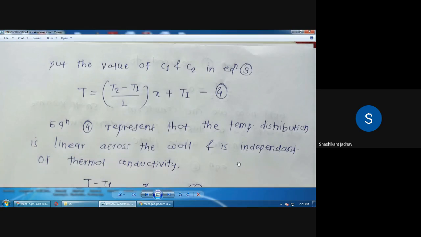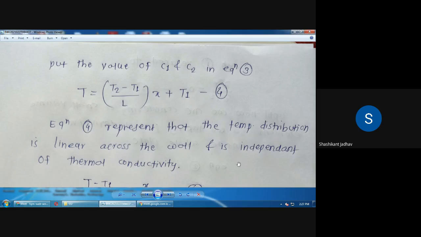Okay, so this is the temperature at any point in that particular plane wall. Suppose we have to calculate the temperature at a distance of 10 meters from one end. At that time we have to use this equation. We know one end temperature, that is T1, the other end temperature, that is T2, and the thickness of the plane wall is known. Then we calculate the temperature in between by using this equation, T is equal to (T2 minus T1) divided by L into x plus T1.